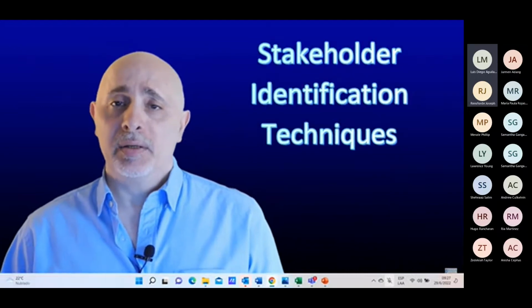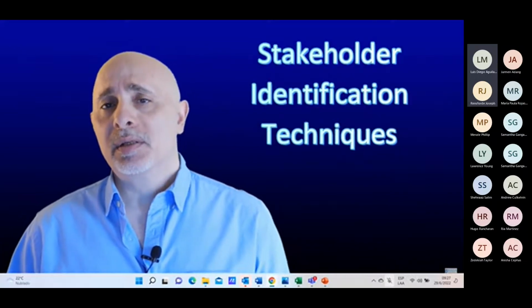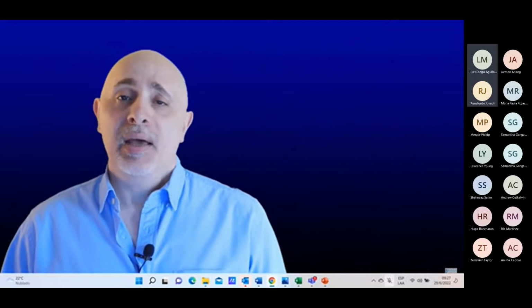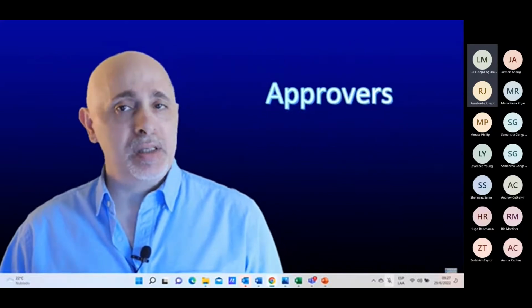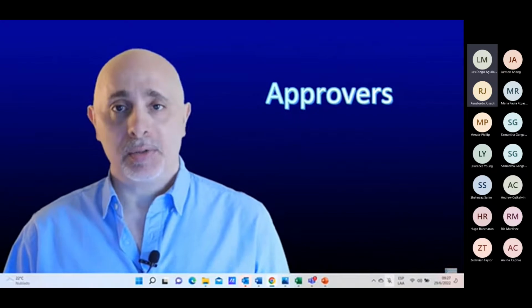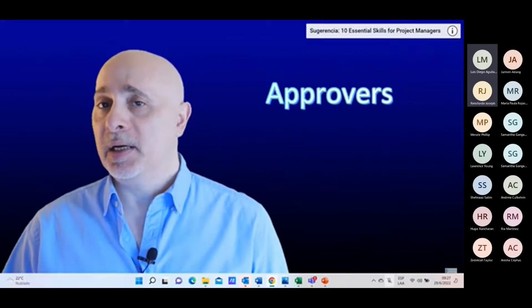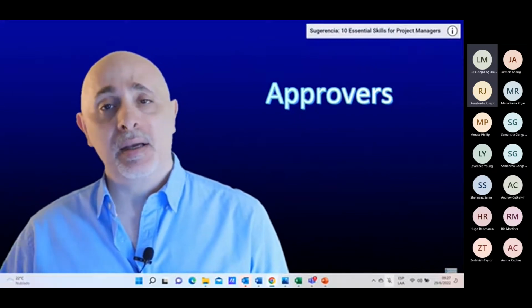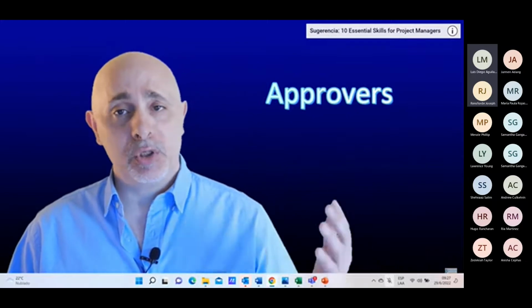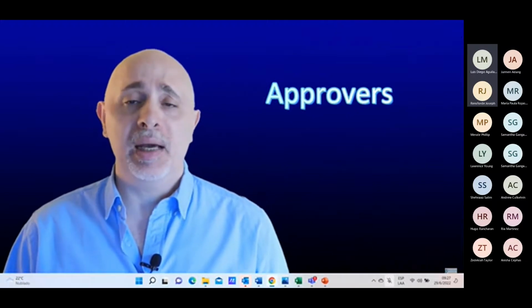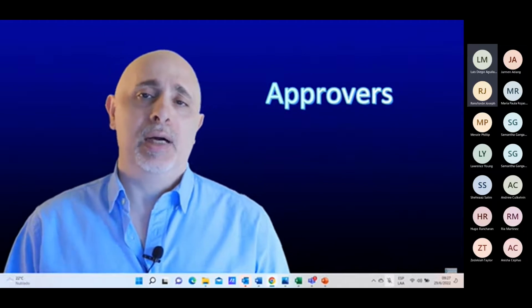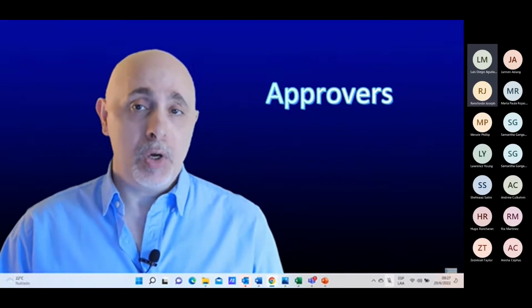There are different ways to identify your stakeholders. First, you may want to consider who are the people that have the approval rights or decision making on the thing that you're working on. So if this is an initiative that needs to be approved by a government entity, then that government entity becomes a stakeholder. If it's your boss, if it's a specific department head, these are the people who have the approval rights towards the thing that you're working on.